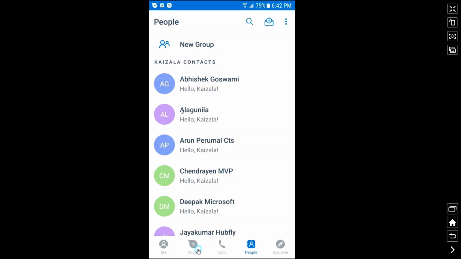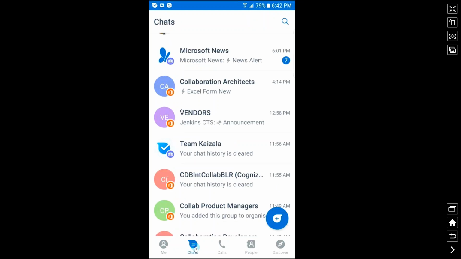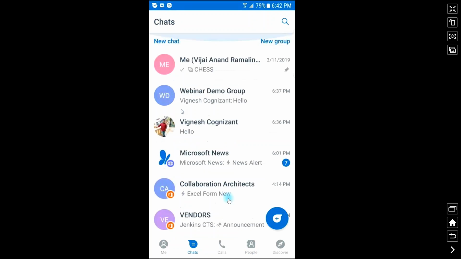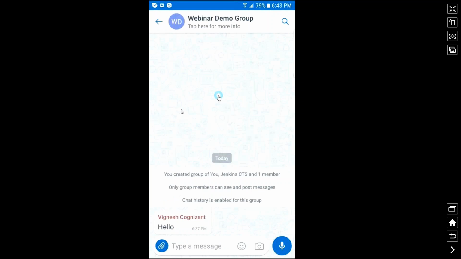Coming to the next one, action cards. That will be really useful for you, and is not available in other apps. It makes day-to-day activities easy. As Vignesh showed in a few slides, you no need to use your laptop or anything like that. You can just use the mobile app itself and do a lot of things by creating action cards. For example,